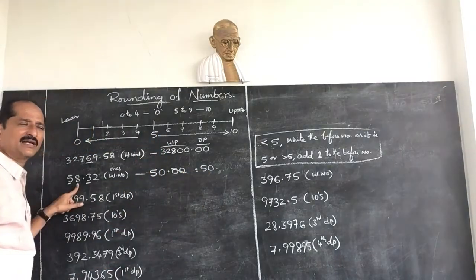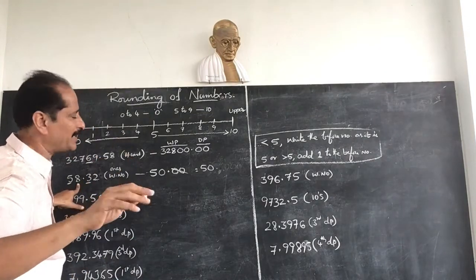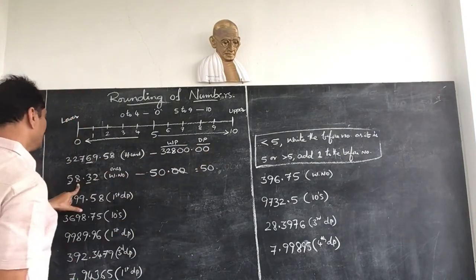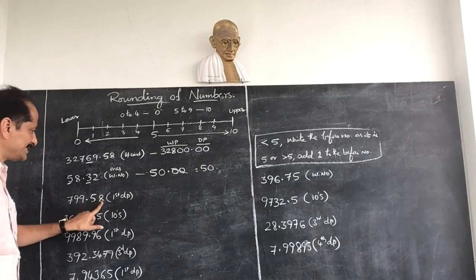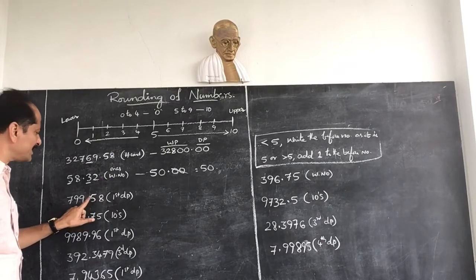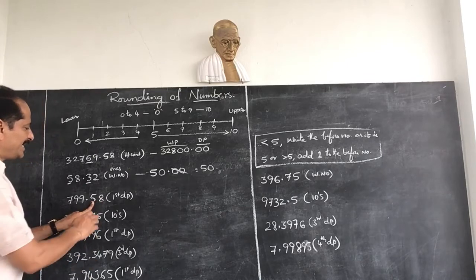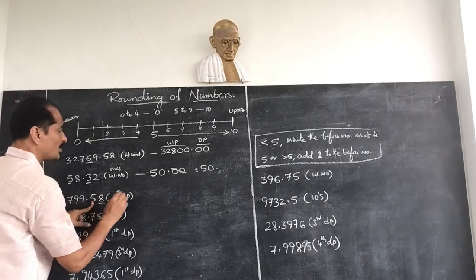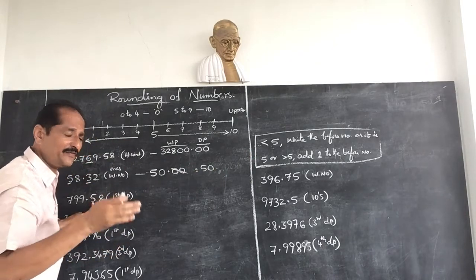We look at the whole number part, and nothing should be in the decimal part. Decimal part nothing is there, so it is 50. Now first decimal place. This is the first decimal place and this is the second decimal place. Okay? You round off to this place. So next lower than the first decimal place is the second decimal place. The digit in the second decimal place is 8. 8 is more than 5, so you add 1 to the before number.